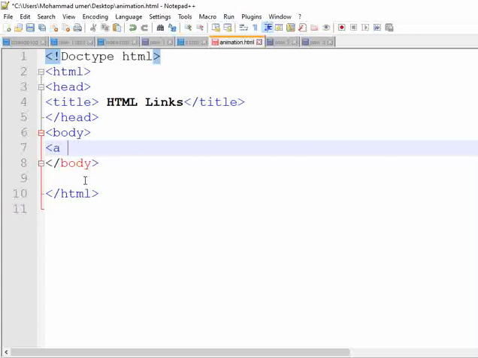I have to use something here, that is the ID. Basically in HTML there are the concepts of IDs and classes. Why do we use IDs in HTML? So what is an ID? Basically the HTML ID attribute is used. ID is an attribute and it is used to specify a unique ID for an HTML element.